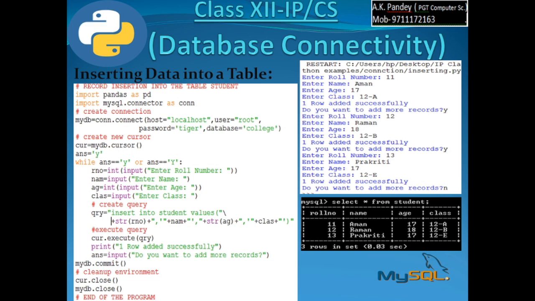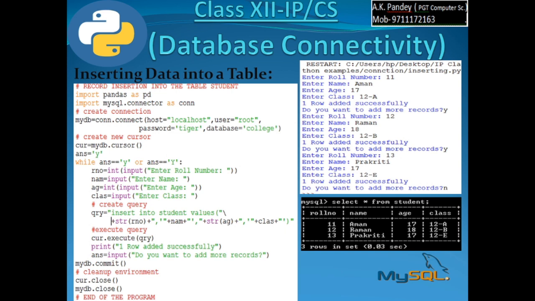Today, in continuation with the previous class on Python MySQL connectivity, where we have studied how to do connectivity, the beginning procedure, how to install MySQL connector, creating a table, describing a table, then inserting records into the table.